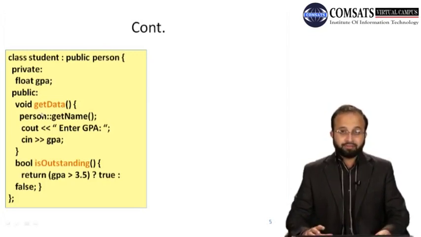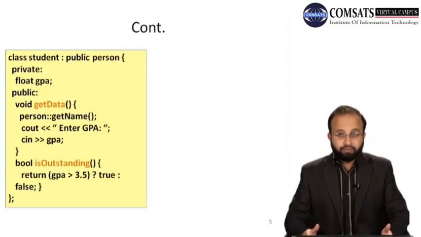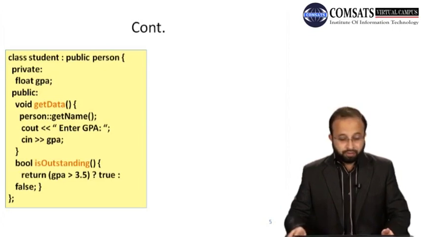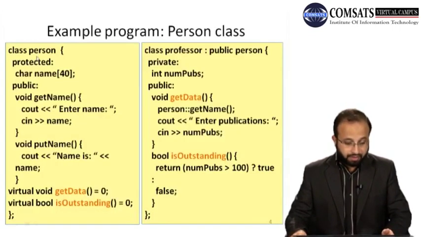So if in the Student class we don't override or provide a definition of those pure virtual functions that existed in the Person class, that is the base class, then the Student class also becomes an abstract class. Okay. So an abstract class is a class whose object you cannot create, because if I go back and